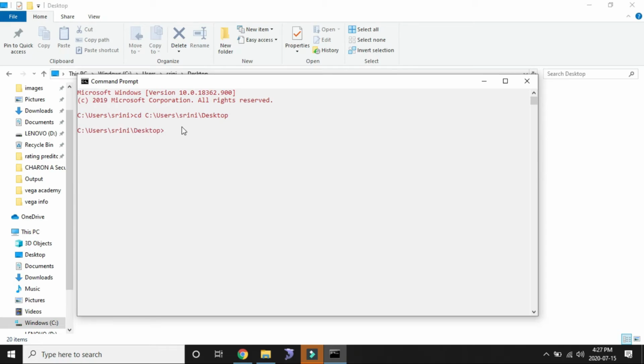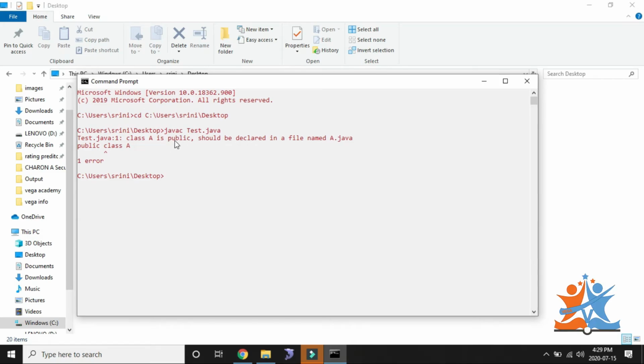Here, how to compile a Java program? We have a command for that: javac, space, file name dot java. What is the file name? Test.java. Then click enter. It does some processing and we get an error: class A is public, should be declared in a file named A.java.